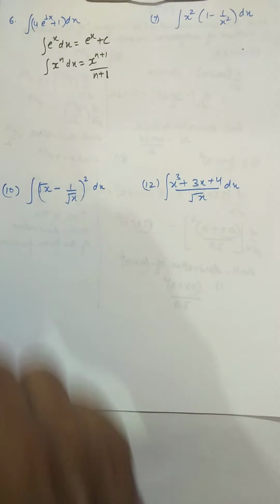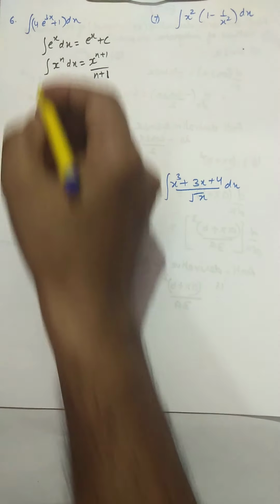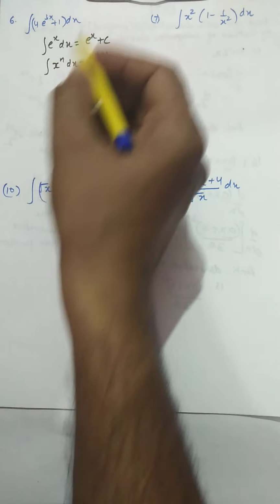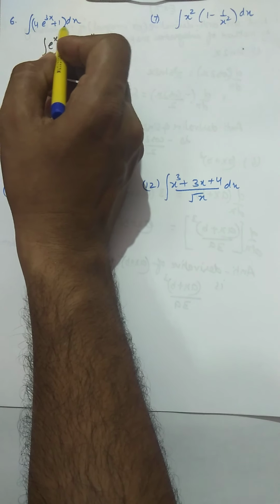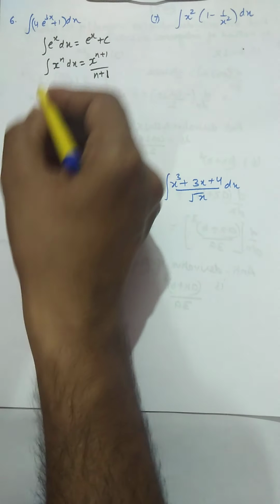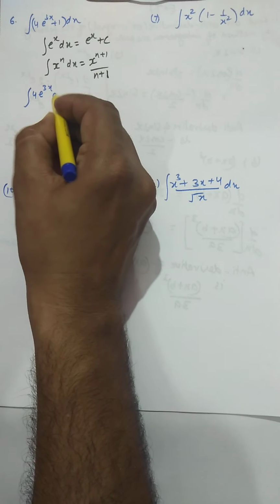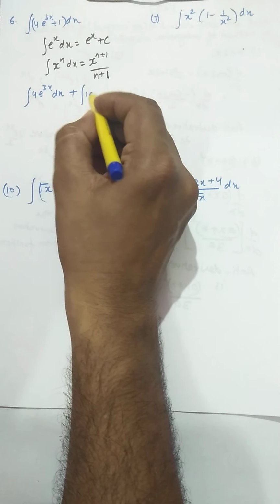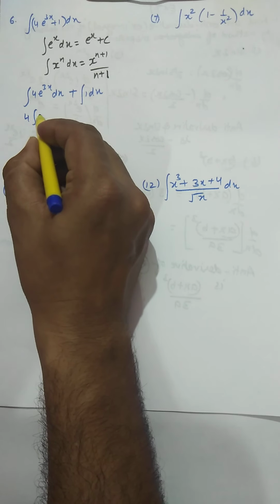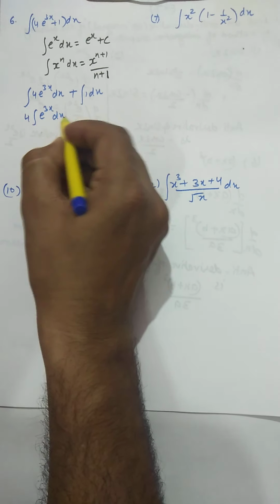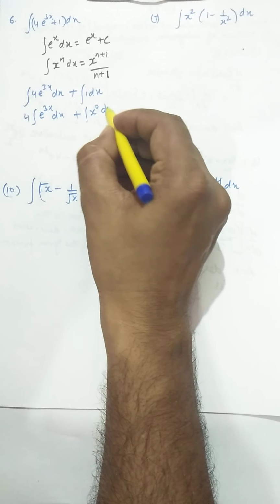Now you see the first one. According to the properties of integration, we can separate that integration with 4e^3x and 1 dx separately. So this can be written as, this is 4e^3x dx plus this is 1 dx. So this constant, property number 3, you can take it out. So this is e^3x dx, and this you can write as x^0 dx also.